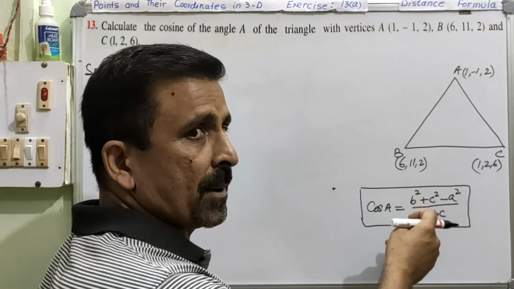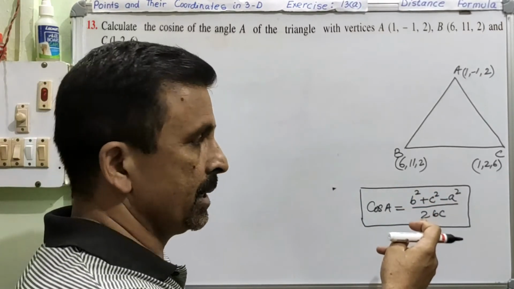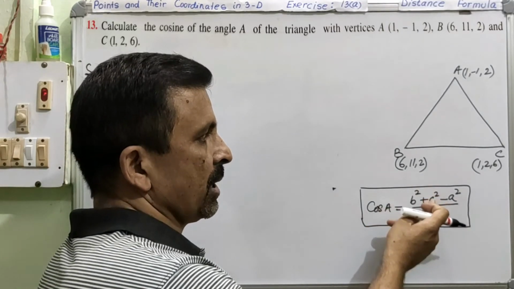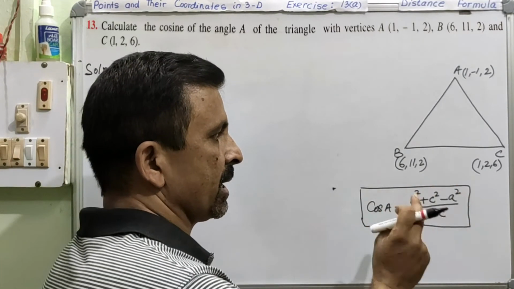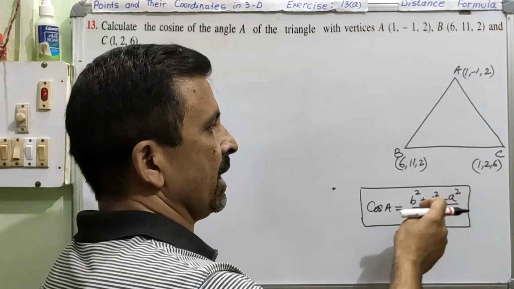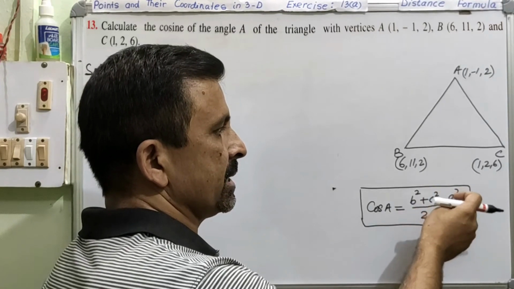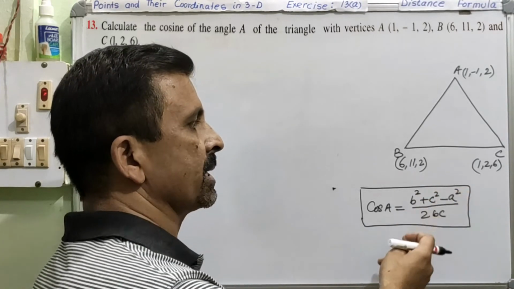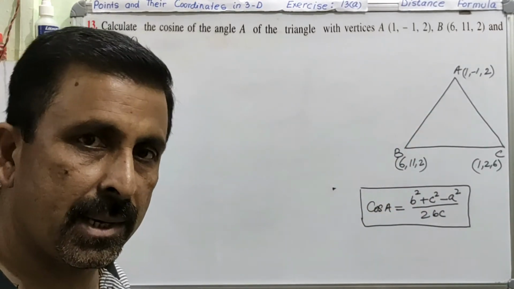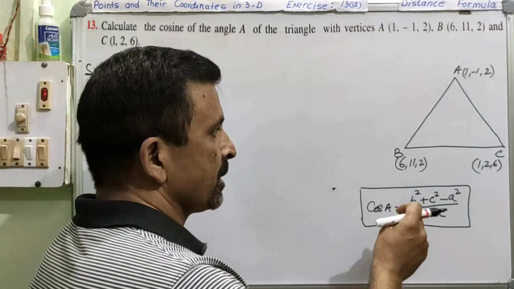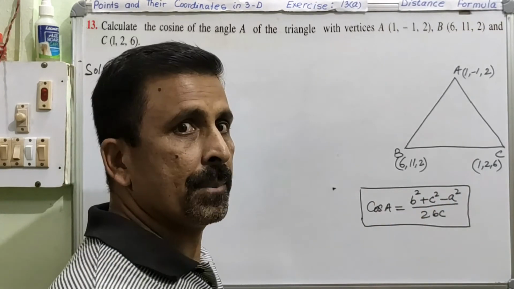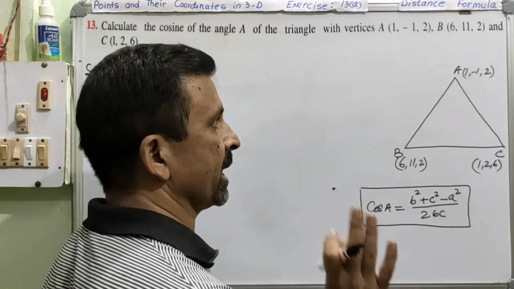Now we have to find the value of this expression. We are asked to find the value of cosine of A. So what we need to understand is that this is a small b square, this is small c square, this is minus small a square, and all these are small letters. Clear? So from where do we get the values of b, c, and a? If we get the values of all these, then we will be able to easily calculate the cosine of angle A. Hope I am able to make it clear, boys and girls. So I am going to teach you how to get the values of b, c, and a. Let us come to the triangle.